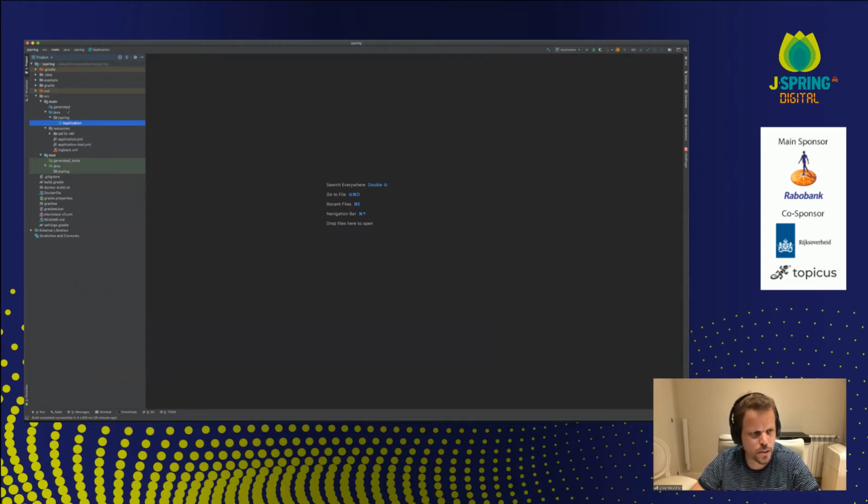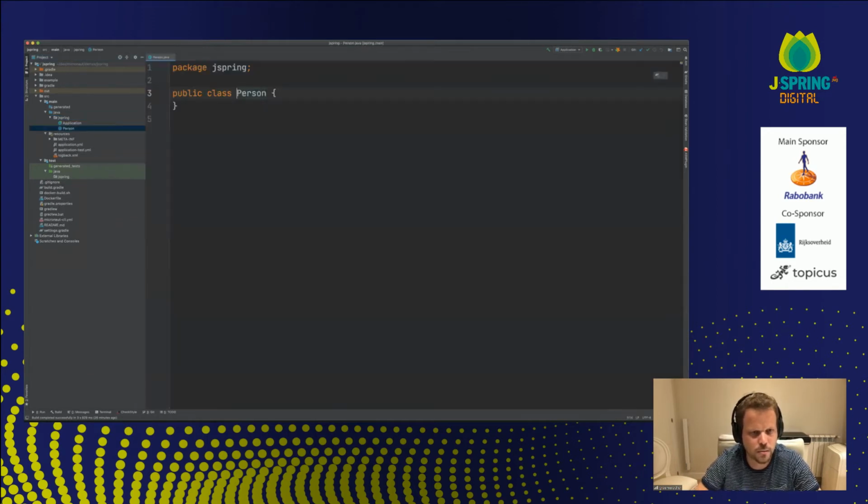So I want to talk about some of the framework-like things that Micronaut does. It's typical in a framework that we have, for example, a person class that we want to serialize to JSON or something like that, and they may have, for example, a name, and they may have an age, and we make those final as well.